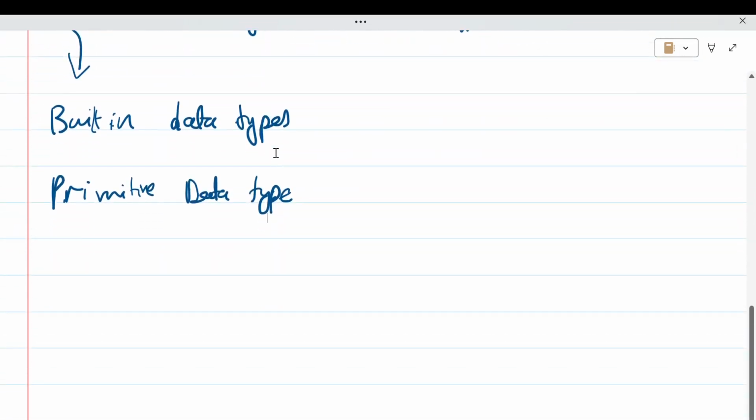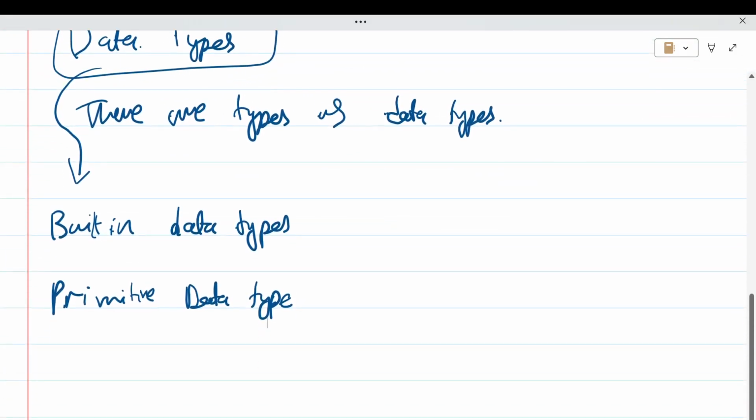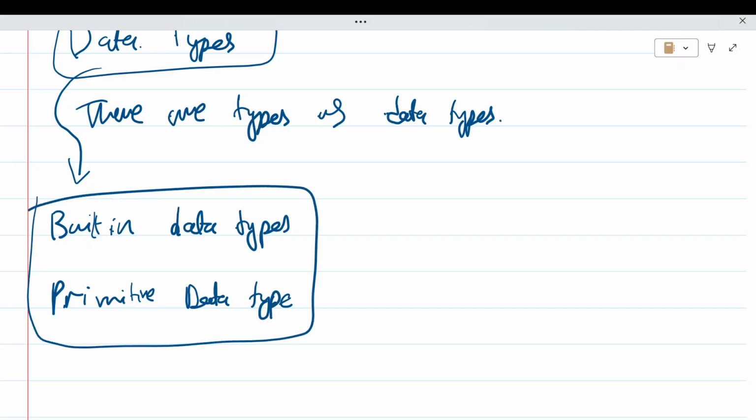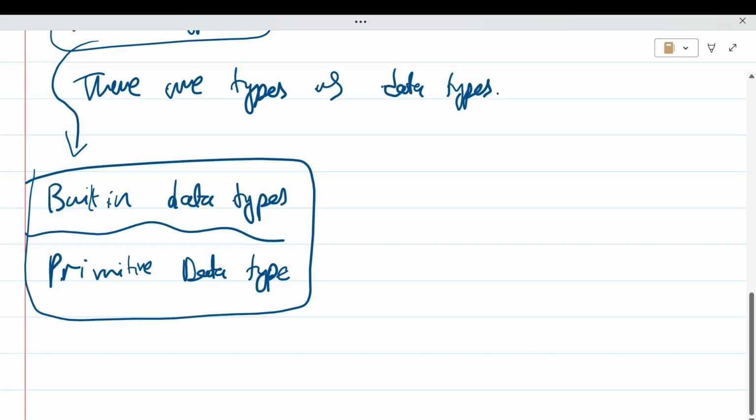So I said that data types have their own types, right? And one of them are built-in data types, also called primitive data types. They're the same, okay? So built-in data types are types of data, right? And a few examples for them I'm going to give you right now. Examples of them can be integer,